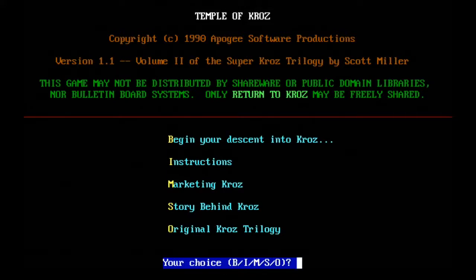This is Temple of Kroz, or Kroz 5. It's the sequel to Return to Kroz, which I played back in 2015. And I guess you'd call these adventure games with some roguelike inspiration, maybe? They're a bunch of DOS games that are done entirely in ASCII art, and I only know about them because Return to Kroz, which is the one that I did before, was one of the games on this old computer that I had as a kid, or that my family had, rather. And they're one of those series that I wouldn't really expect to like, but